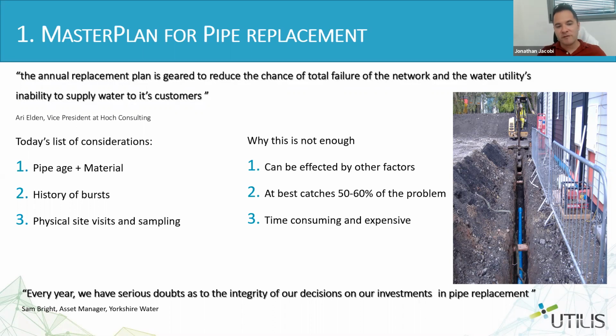But the majority of our customers have also told us that this kind of information is not enough. Why? Because the pipe age and material can be affected by other factors. For example, a ductile iron pipe should have a lifespan of about 50 years. That being said, if it happens to be in a very corrosive environment, it could last 10 years. A plastic pipe, depending on the material, could last even 100 years. If it was laid improperly, it could be finished within 5 years.